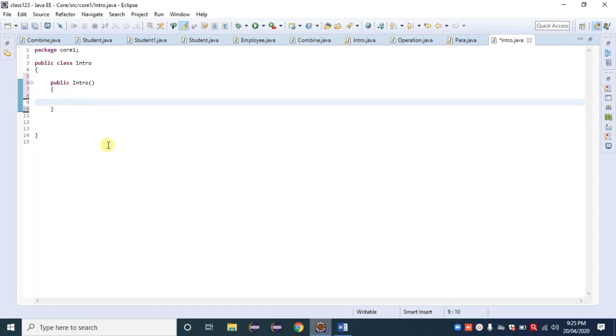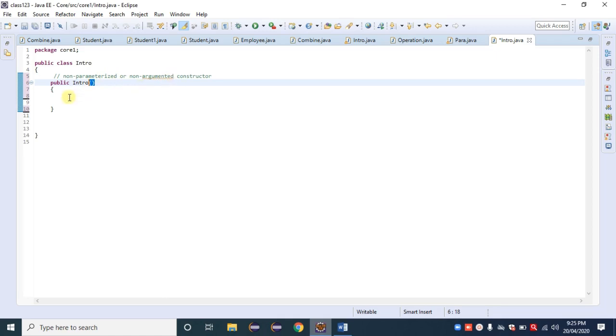So this one is called a non-parameterized constructor, or also a non-argumented constructor, because we are not passing parameters using this constructor. See here, it is a parenthesis. There is no argument provided here. Hence, it is called a non-parameterized or non-argumented constructor.